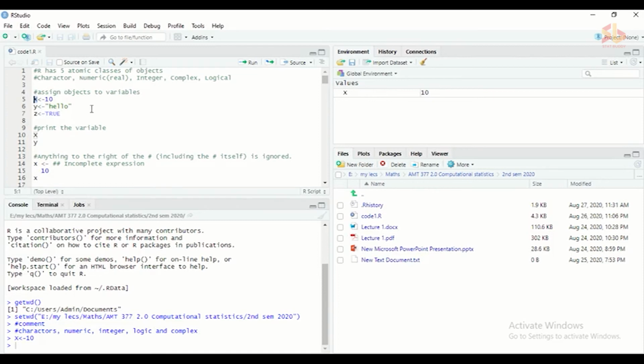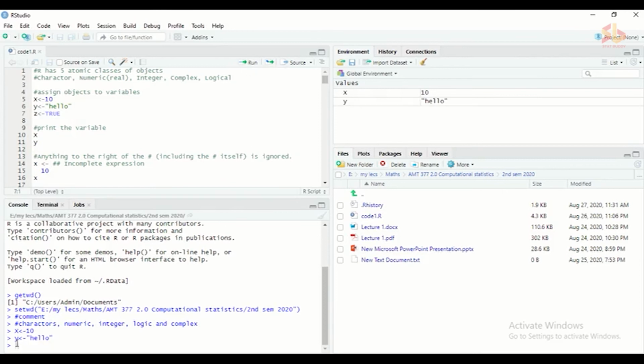If we are using data, we have to input that data into our environment before starting the analysis. When we are entering the data, you have to type the variable name here, then the assigning mark. So you assign 10 to capital X, and that is an integer object. Suppose y is a character string. When you are typing a character, you have to use inverted commas, and whatever the content inside the inverted commas will be treated as a character. You can run that one.